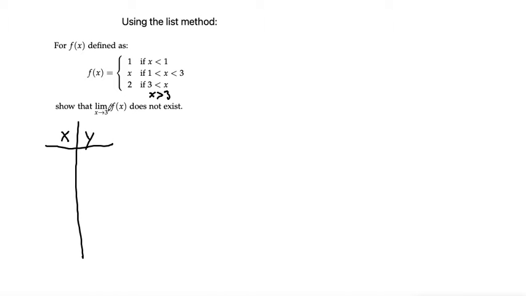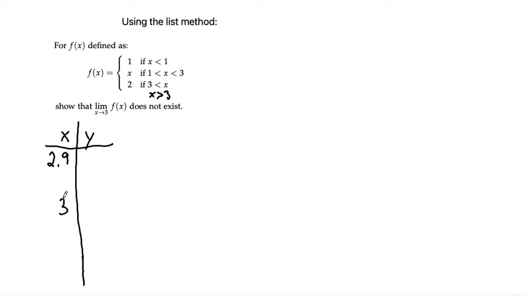and I'm going to take the value of x that the limit is approaching and put it in the middle. So when I'm trying to show that the limit as x approaches 3 of f of x does not exist, I'll start by putting 3 in the middle, and then for numbers smaller than 3 but approaching 3, I like to start by going to the left of x by 1/10. So I'll start at 2.9,